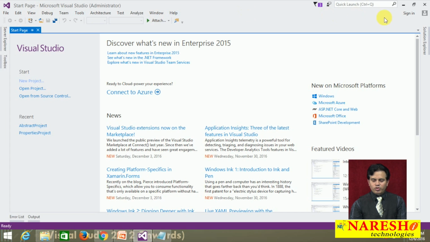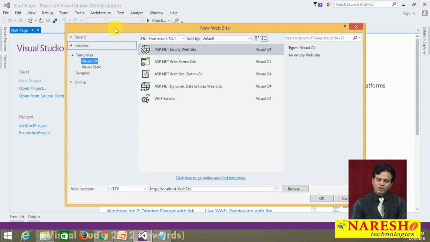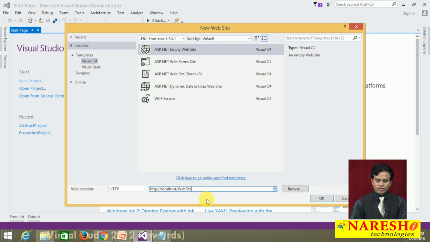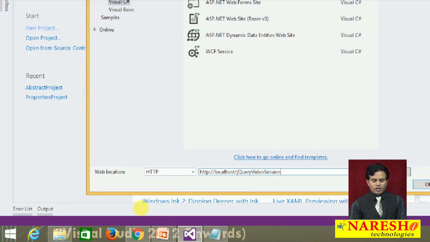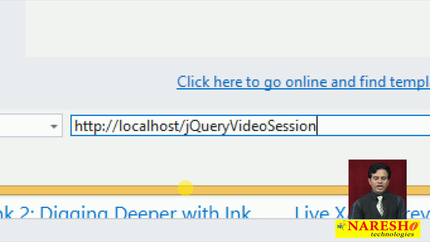So the Visual Studio IDE has been opened. I would like to go to the File menu, New menu, and create a new website. Of course it is an ASP.NET website because Visual Studio supports creating only ASP.NET websites. So choosing ASP.NET Empty Website, and here I am giving the website name. Suppose I give the website name jQuery video session. I have given the web location HTTP, which works on the local web server of this machine, and the path of the website is